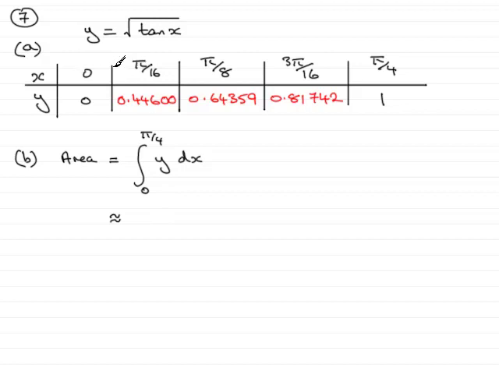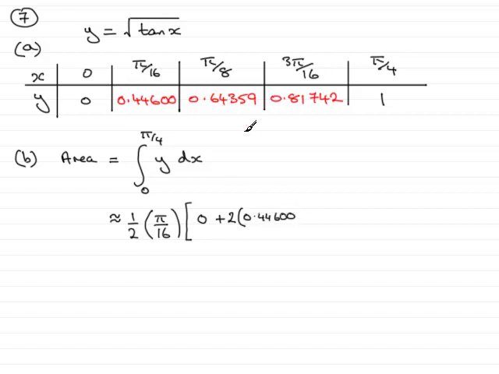So, according to the trapezium rule, it is half the width of each interval, and the width of each interval, you can see from the table, is going up in pi over 16. So it'll be half of pi over 16. Then it is always the first y value, which in this case is 0. I'll put it in even though it could be left out, plus then it's twice the sum of all the middle y values, that's the ones in red here, so it's twice the sum of these, so we'll just write that in,